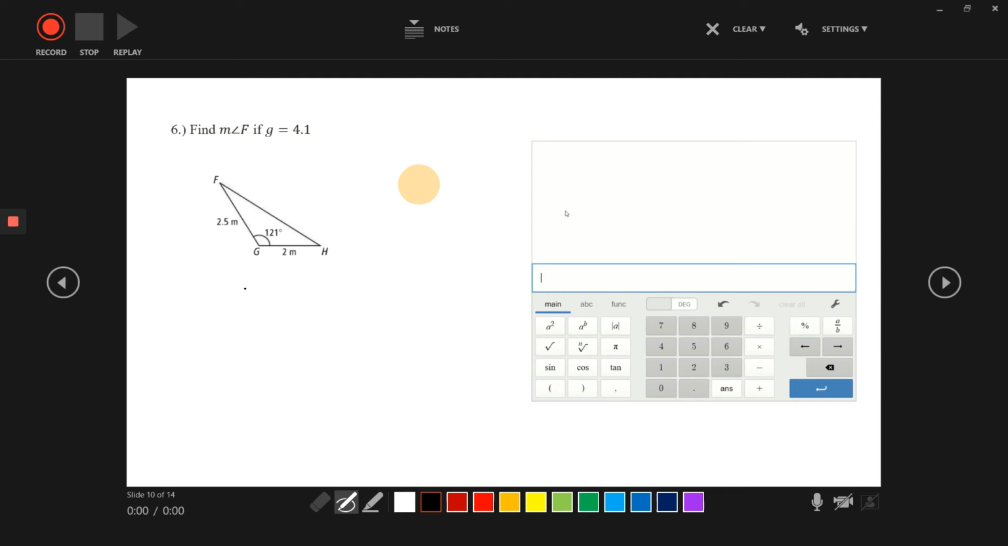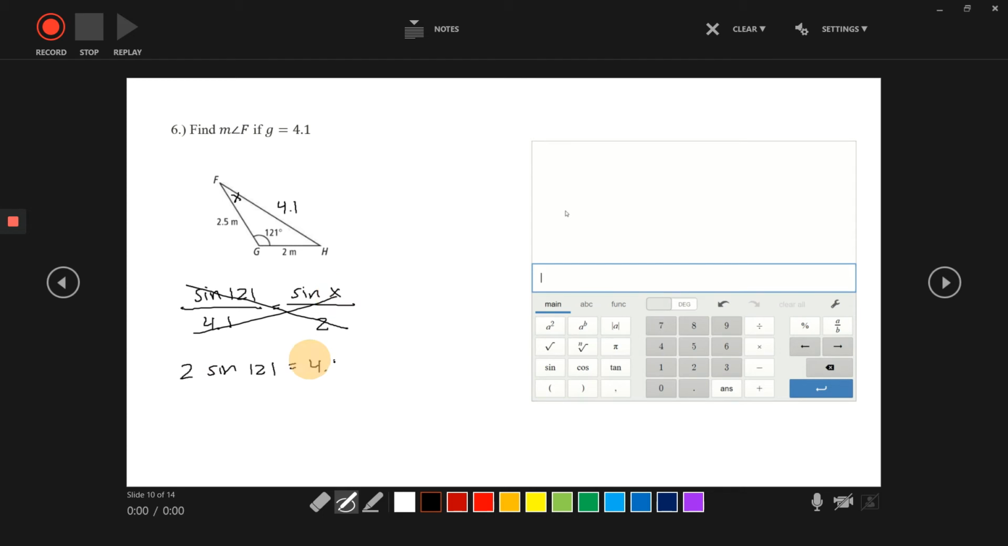All right, next one. Find the measure of angle F if G equals 4.1. So let's label. They gave us a picture, but let's label. So I'm going to put an X for what we're trying to find, and I'm going to put a 4.1, right? Label your picture so you can see what you've got. Okay, so I've got 121 across from 4.1, and I'm trying to find F, and I have that across from 2. Okay, so 2 sine 121